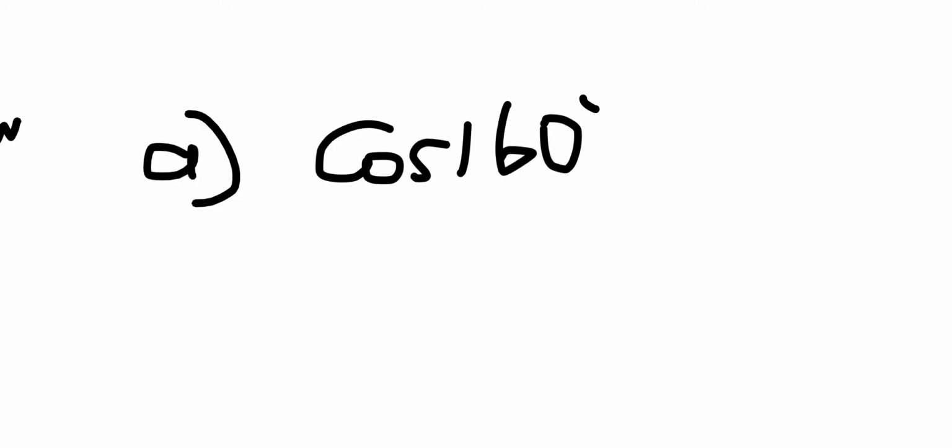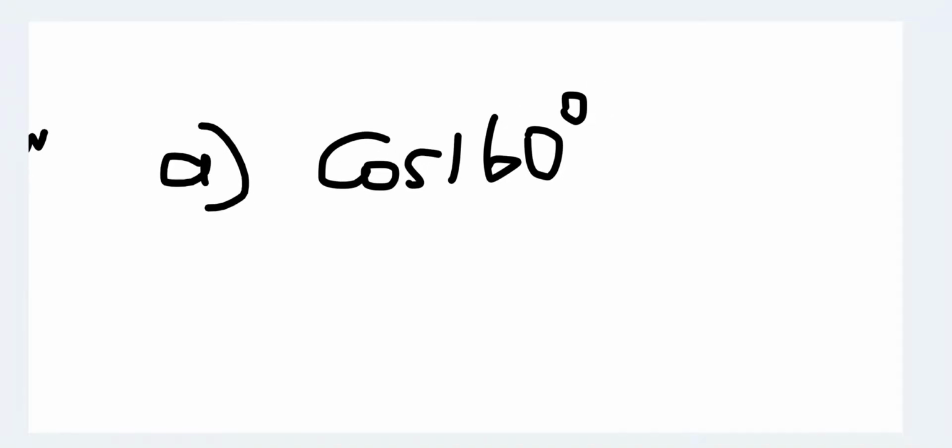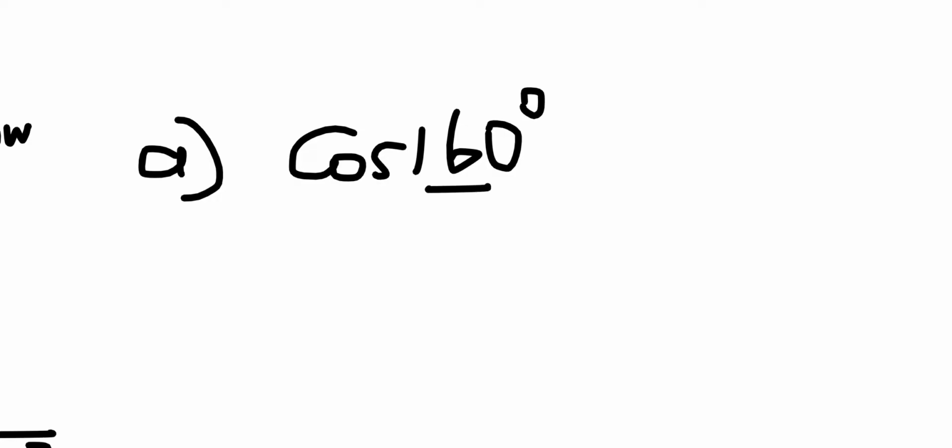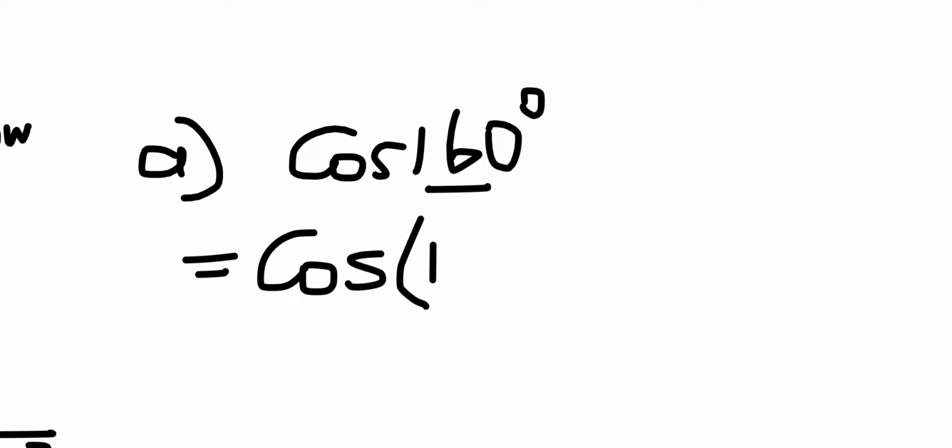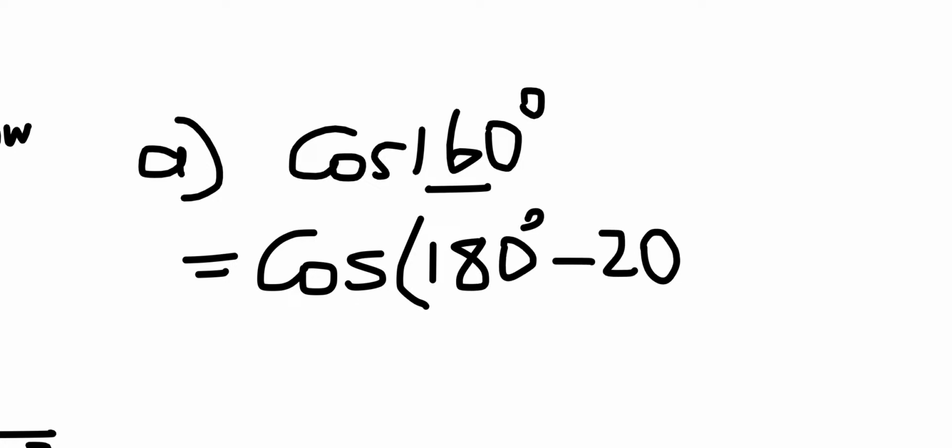So let's see. The first question, you are given cos of 160 degrees. Where is the starting point? Remember, you are given this big angle that you will need to reduce. How do we reduce it? Already I've taught you how to reduce the big angles. This one you can just easily say 180 degrees minus 20 degrees, which means this is equals to